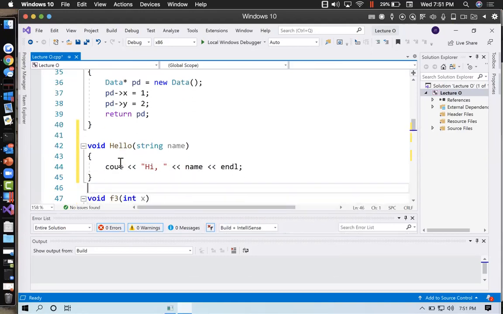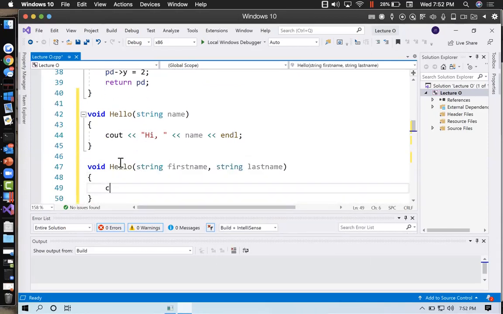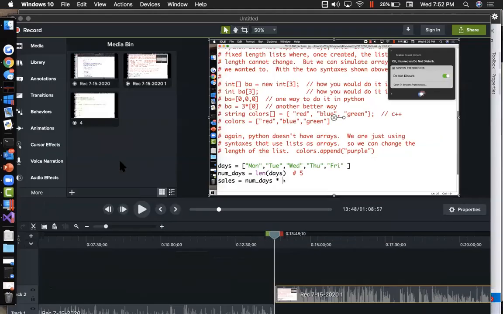But that only works if their name is one name long, right? What if we need to pass in a first name and a last name? We can provide two versions of it: string firstName, comma, string lastName. And it could cout "hi,"